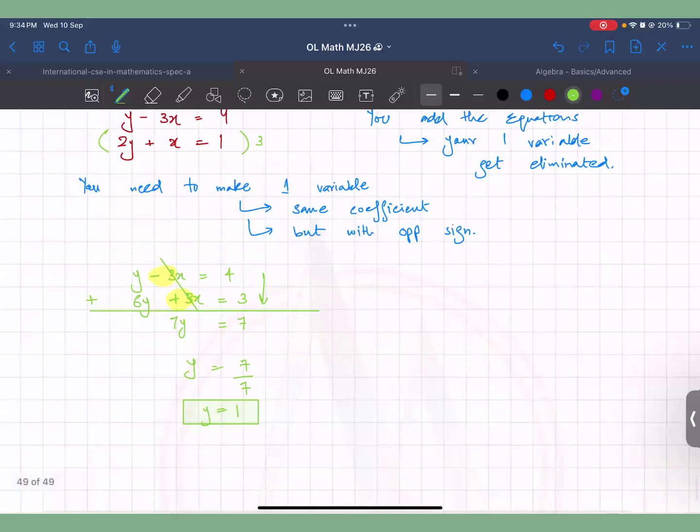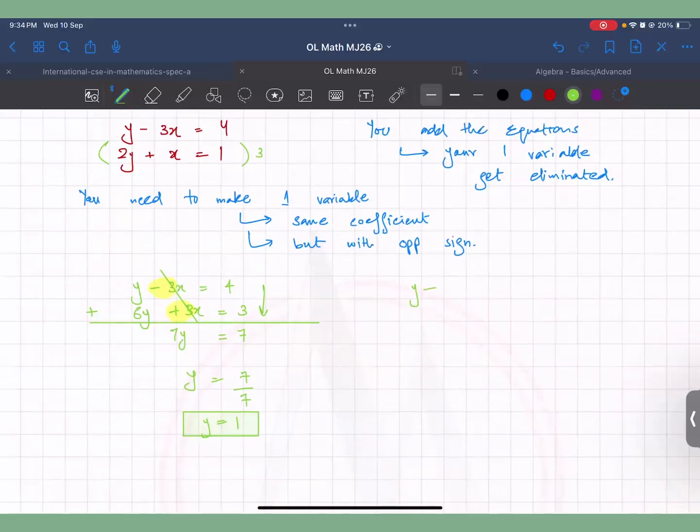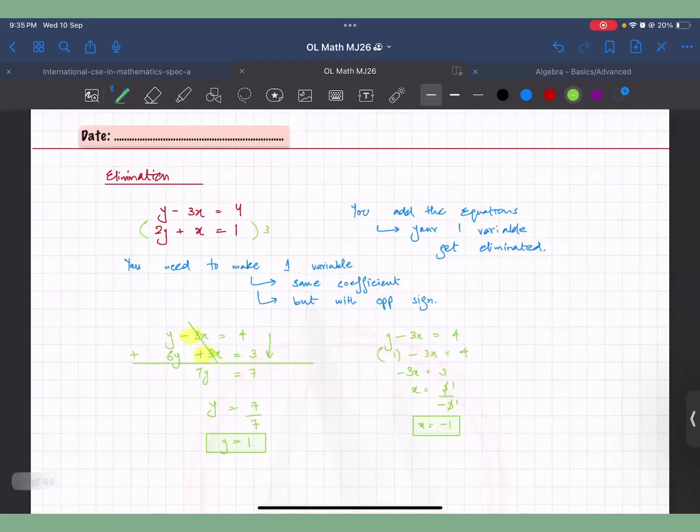Okay, now we have value of y. Now you can use any of the equation from above, equation 1 or 2. Substitute the value of y and get the value of x. So -3x, 1 would go over there and become -1. So 4 - 1 is 3, and x would become 3 upon -3. So answer आ जाएगा -1. Same answers. Yes. समझ आ रहा है सबको?